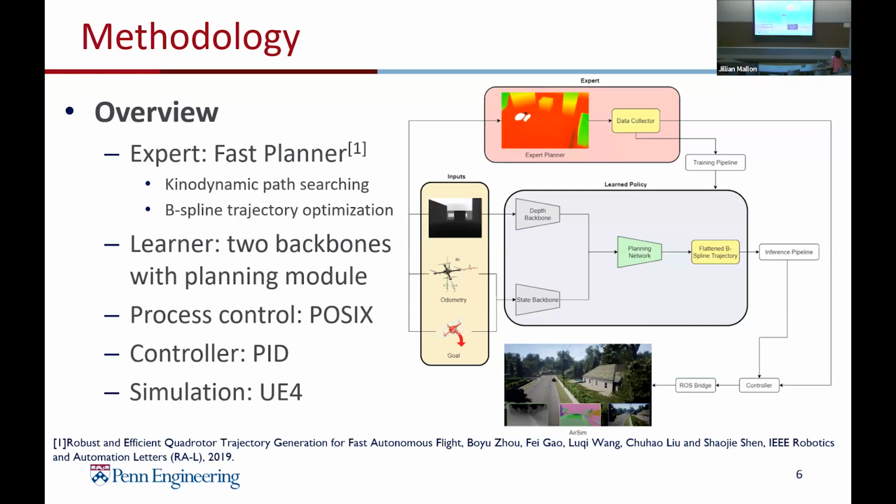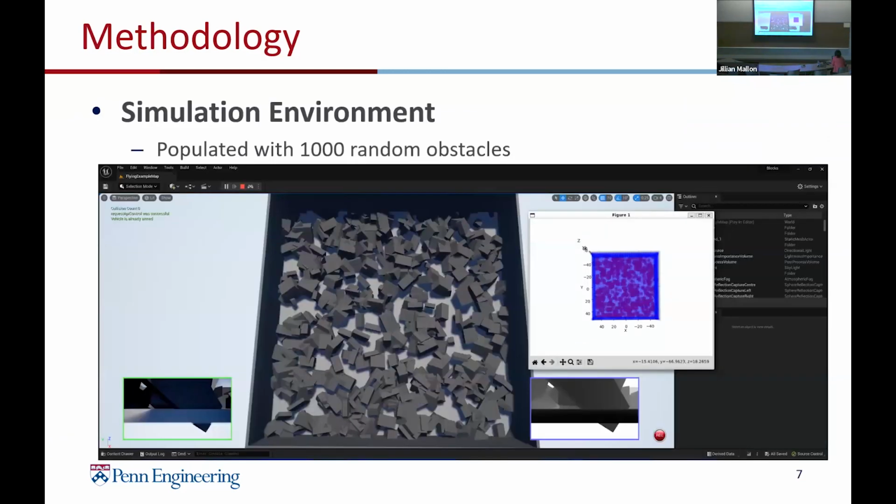We use a PID controller from the Kumar Robotics control stack in order to execute the B-spline trajectory from the trajectory tracker. We use Unreal Engine 4 to develop the simulation environment, for both learning and testing. Each time this environment starts, it's populated with 1,000 random obstacles with random scale, rotation, and location. In this way, it is able to generate a diverse data set for training a well-generalized policy, while also providing a really challenging environment for evaluation and testing of the learned policy. On the slide is a screenshot of the randomly generated environment in one rollout.